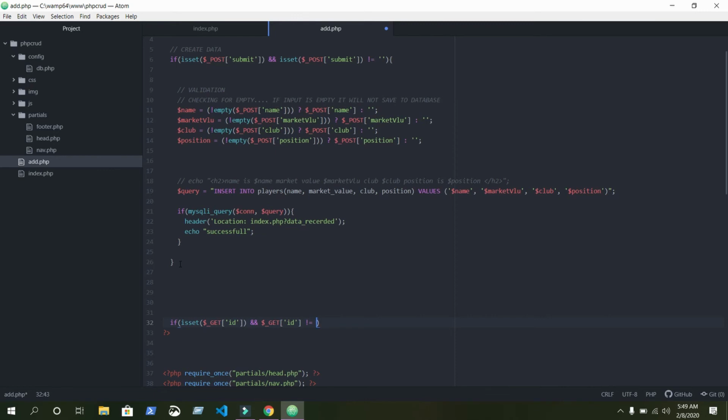That means if we have an id, then we should do some operation. We are checking isset. That means when we go to this id, and we are using this get because we are getting this id from url, unlike previously we have used post because we are getting this name from the user input, that is an input field, but now this time we are getting it from